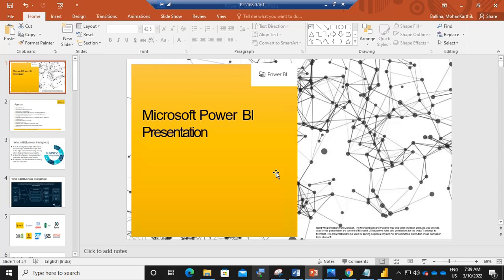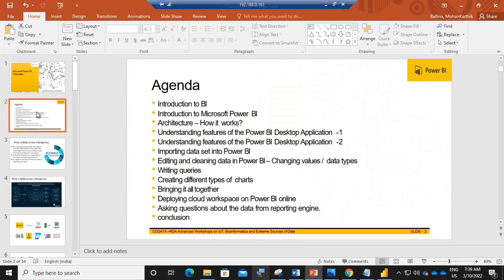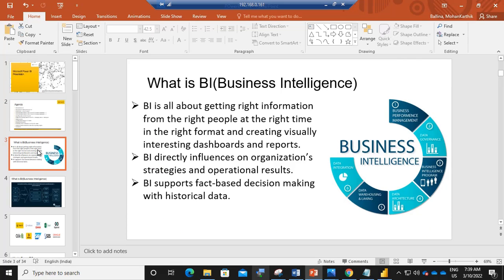Today our agenda is what is Power BI, what are the competitors of Power BI, how it works, and how easy it is to learn, and we will focus on other areas. Okay, so let's start. Before getting into the actual Power BI concepts, we need to understand what is